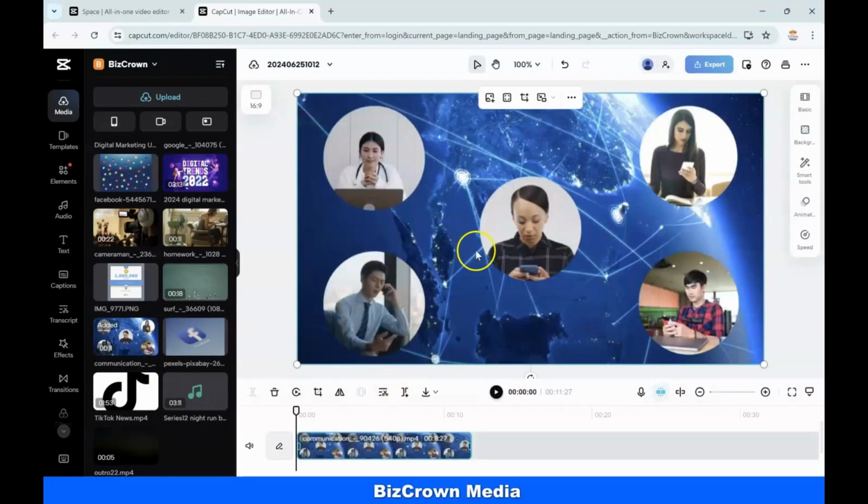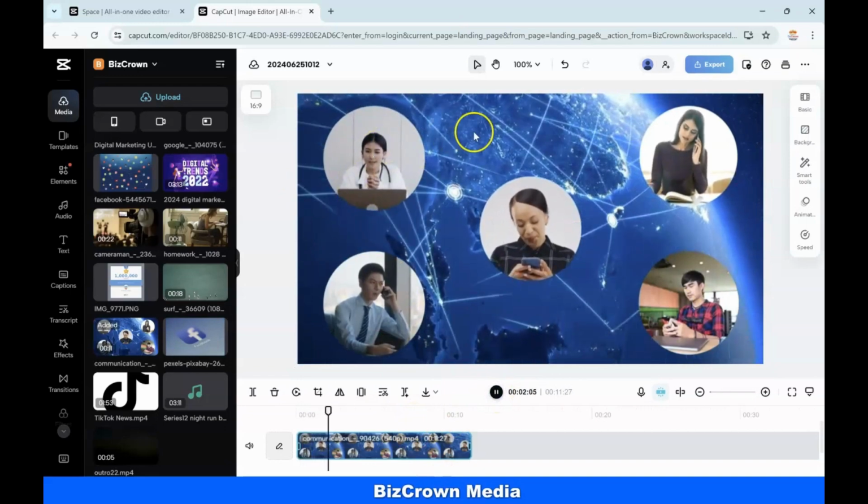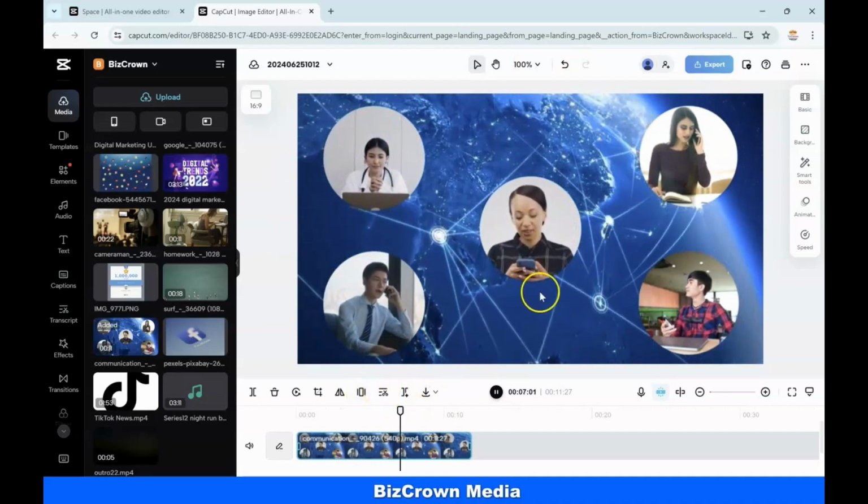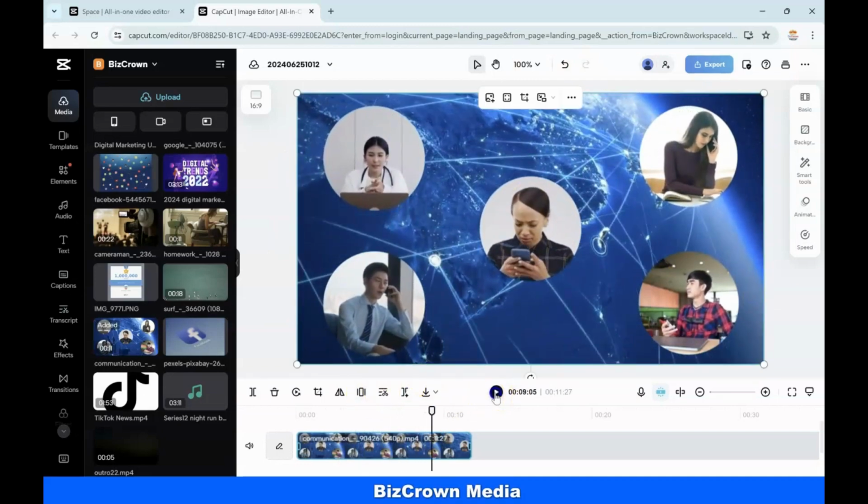And as you can see, what we're going to do is actually highlight the lady right here in the middle, while we put all these guys in the background. After all, she's the one smiling, right? So we're going to put all these guys in the background and highlight this lady here. So the first thing you want to do is, because we need another background here to be able to highlight